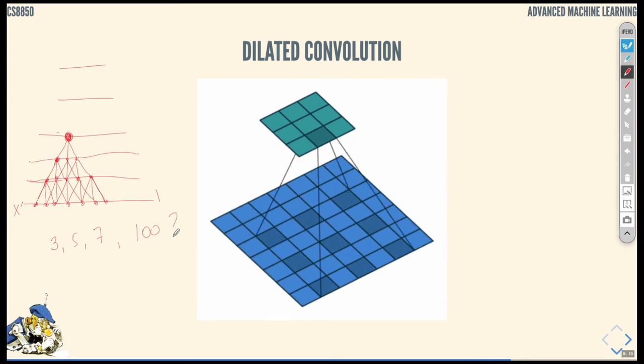This is a traditional convolutional neural network. The receptive field grows very slowly as a function of depth of the network. So you need to go deeper and deeper in order for your output neuron to be able to see a larger